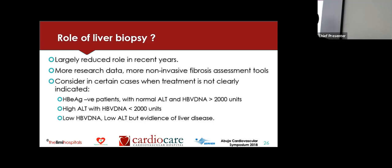In many cases, especially when you are not sure that treatment is indicated. I gave some situations now, and unfortunately, many times with this kind of patient, when there's no reliable liver biopsy facility available, most of them just get treated basically. So the patient is hepatitis E antigen negative, ALT is normal, but the DNA is high. Or the DNA is low, but the ALT is high, and you're not sure what's making that ALT high. But this last one is the very interesting one many times, patients that have